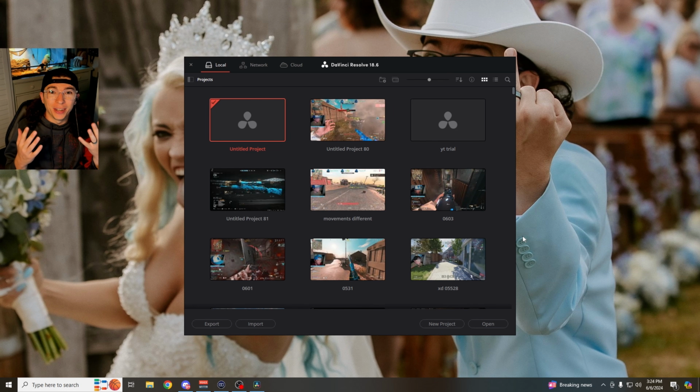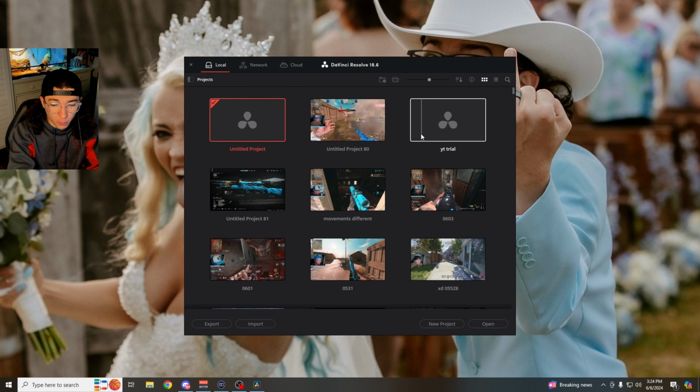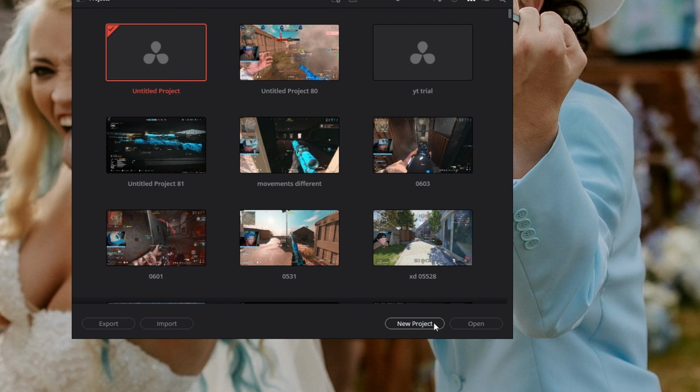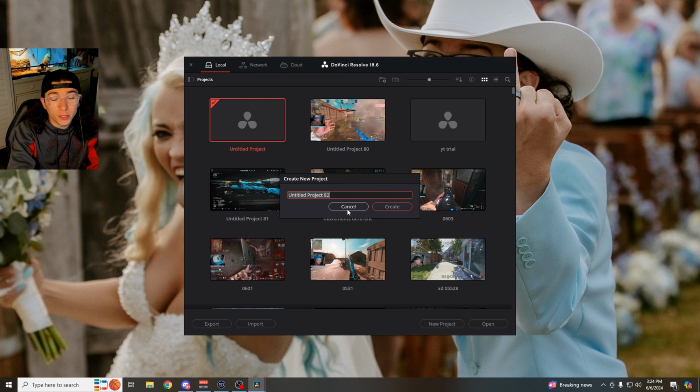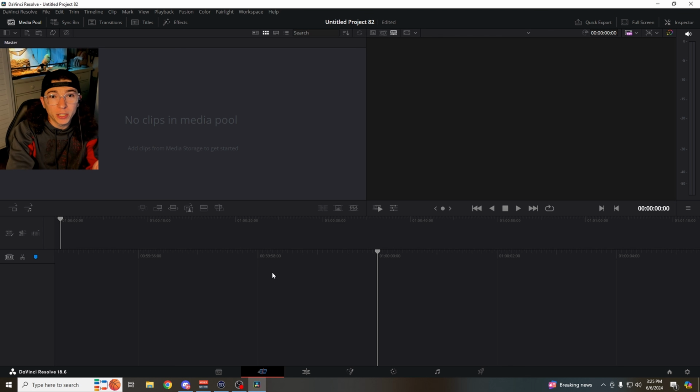Once you get DaVinci Resolve installed and open, you should be prompted with a screen like this. You probably won't have any projects like I do unless you've been using this software before, obviously. We're going to click new project down on the right. You can label your project anything you want. Sometimes I use the date, sometimes I use what the video is about. Click create. All right, the very first thing we're going to do is go down to the bottom and click on the edit tab,